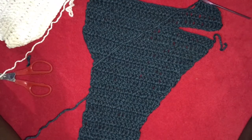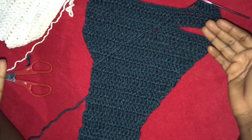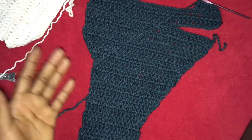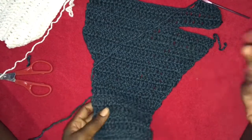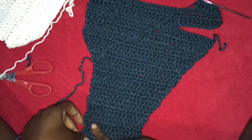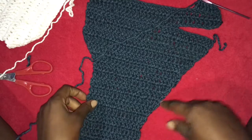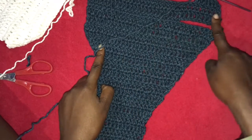If you want it very cropped, you can just work a few more rows. If you want it like a little longer and it can sort of like cover part of your ribs until where your high waist pants could go, you can just work more rows until you have like 15 stitches left. So let me see, you can work that for the next